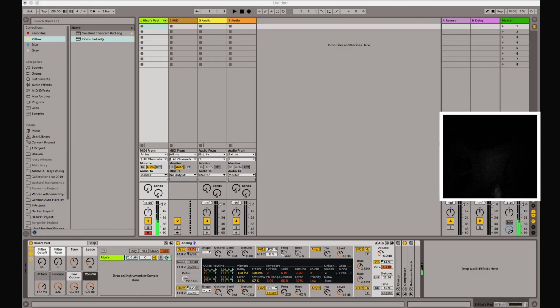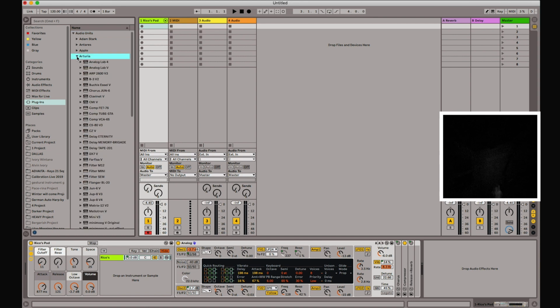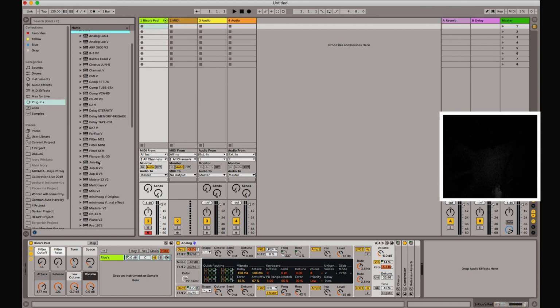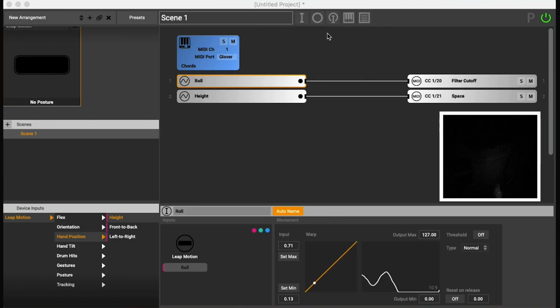All right, let's add some bass. And I am going to use a plugin from Arturia here. I really like all the Arturia synthesizers, and they just released a Juno one, which is very cool. So I'm going to drag that onto a MIDI track. There we go. And now I want to play bass notes, so I'm going to create another chord machine,